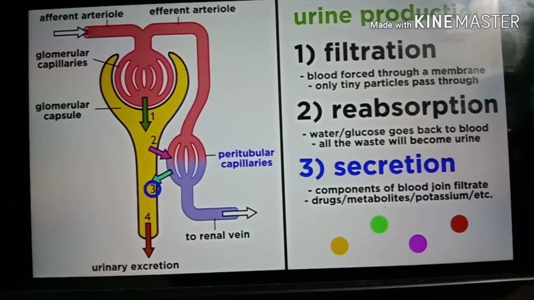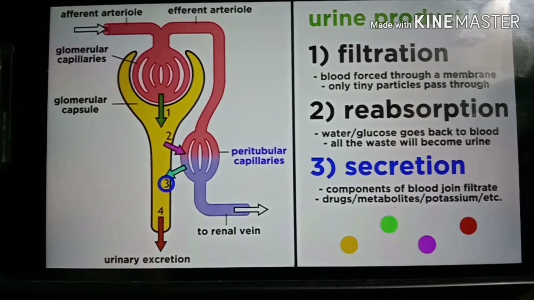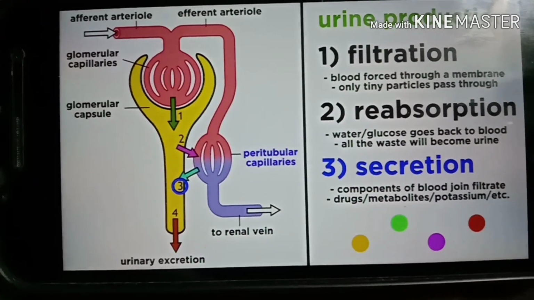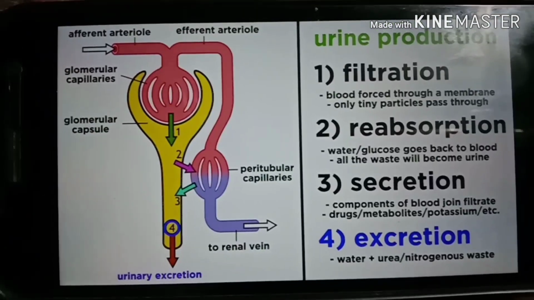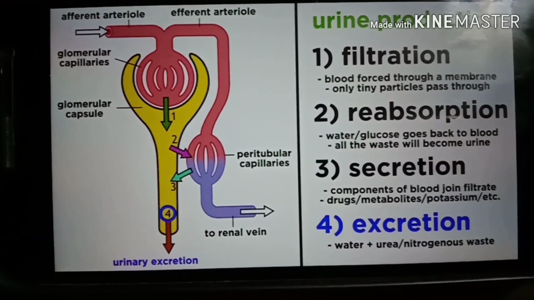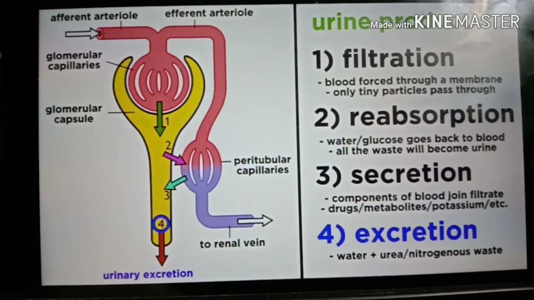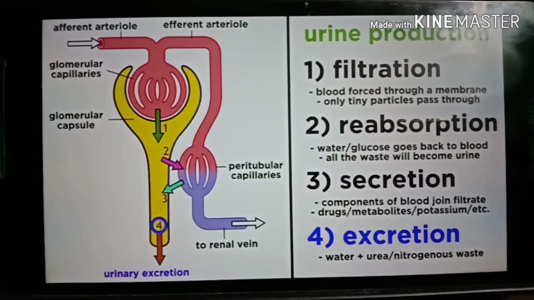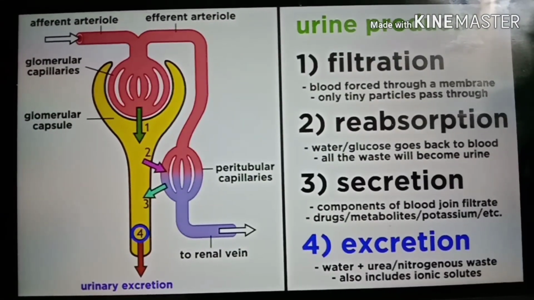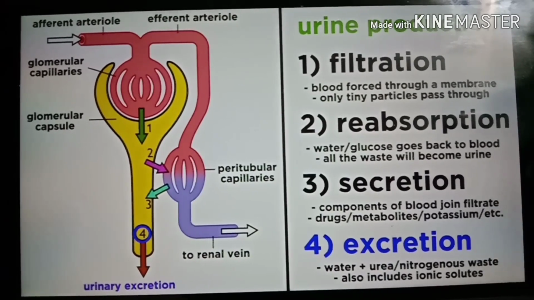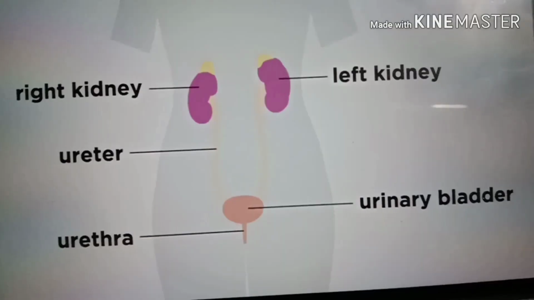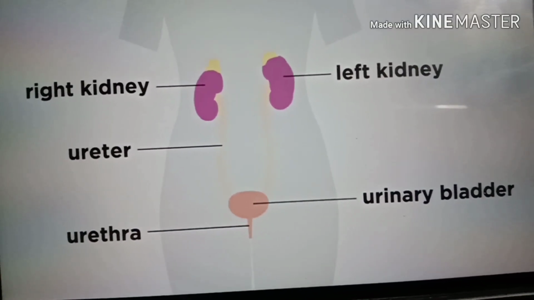Urine will be the combination of the substances that were filtered and substances that were secreted. Urine is mostly water, but contains lots of urea, the result of the breakdown of amino acids, as well as other nitrogenous wastes, like uric acid. There are also ionic solutes like sodium, potassium, phosphate, and sulfate. Once the urine has been produced, it has to leave